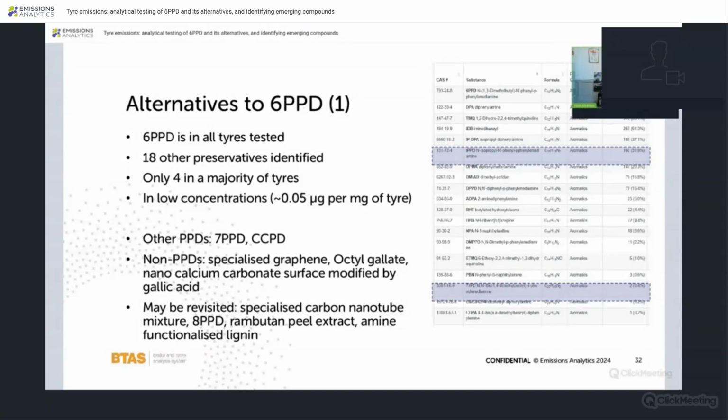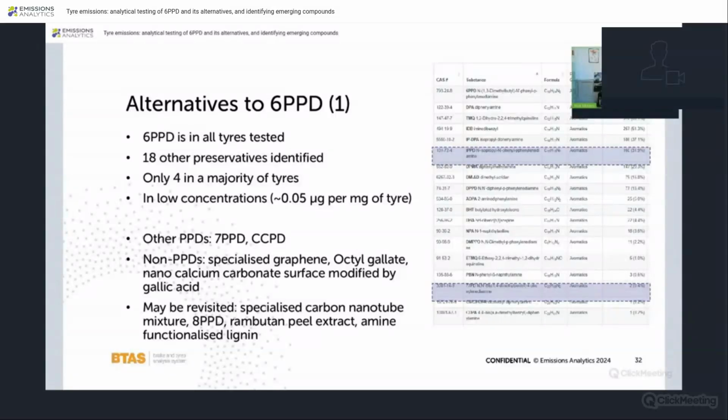Moving on then specifically to look at alternatives to 6PPD. Well, as I mentioned earlier, 6PPD is in all the tyres we have tested, but we've also identified 18 other preservatives, as you can see in the chart, only 4 of which are present in a majority of the tyres we've tested. So there are 4 others that are quite commonly used. But the average concentrations are low,